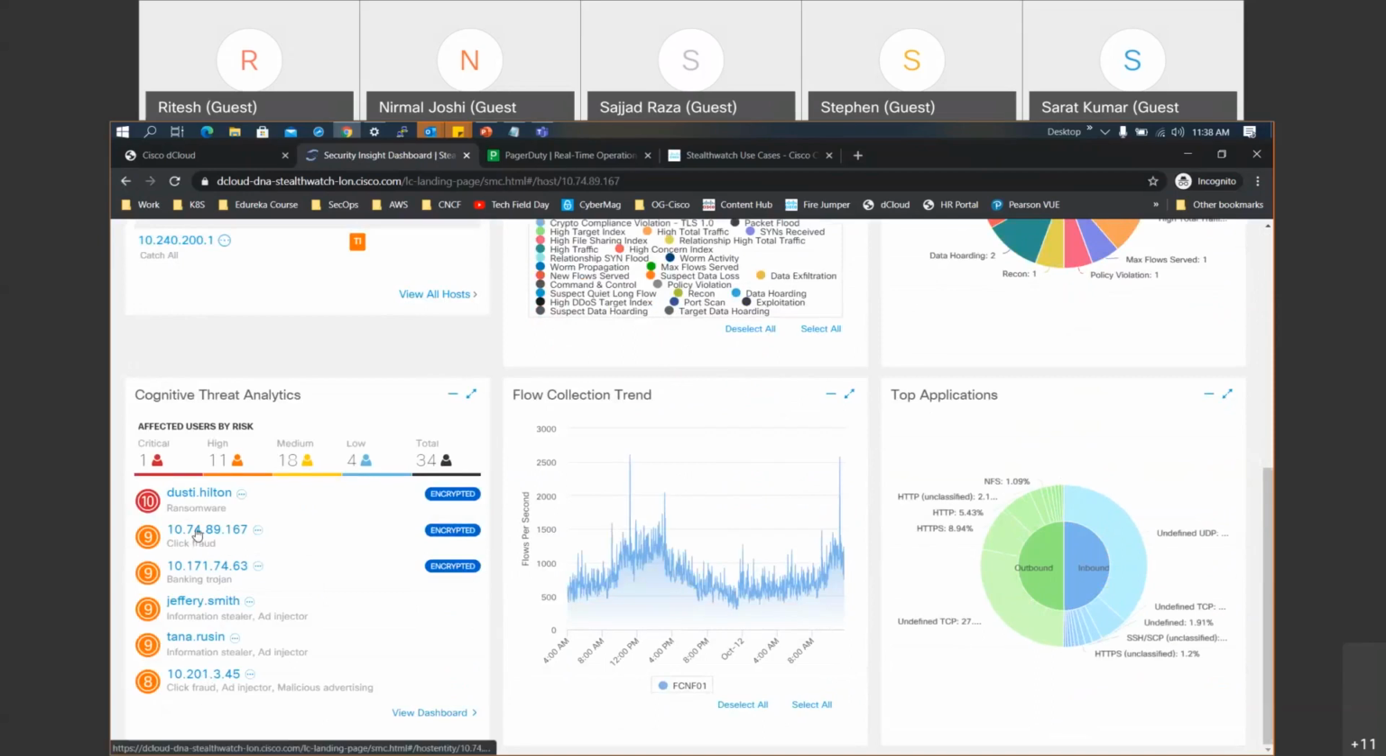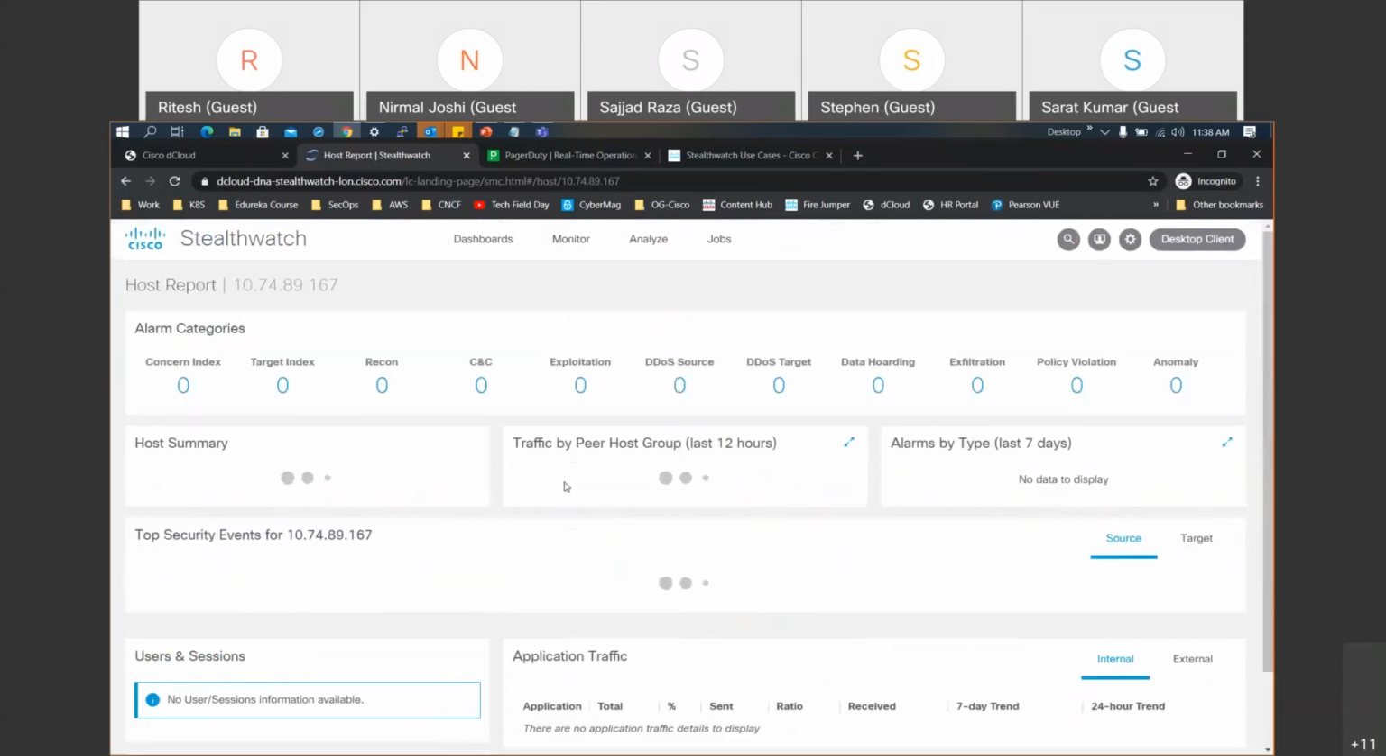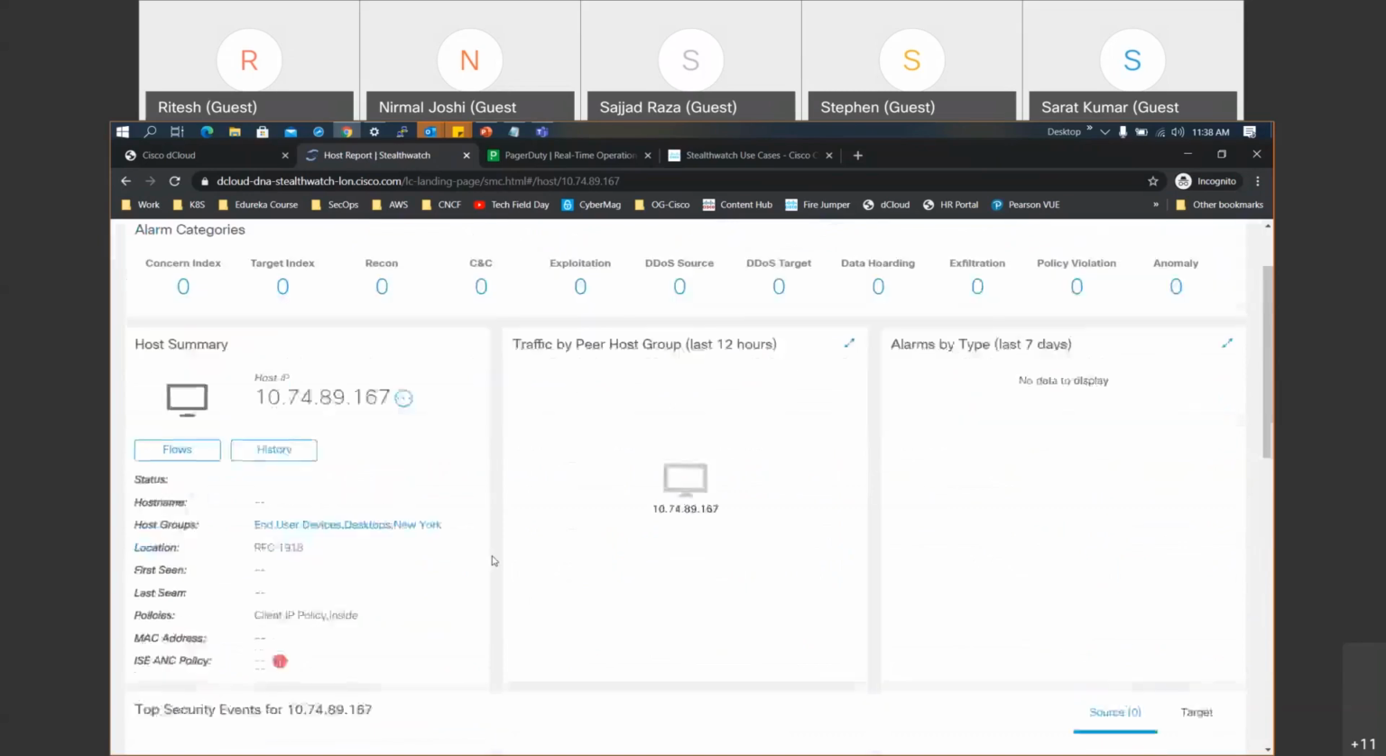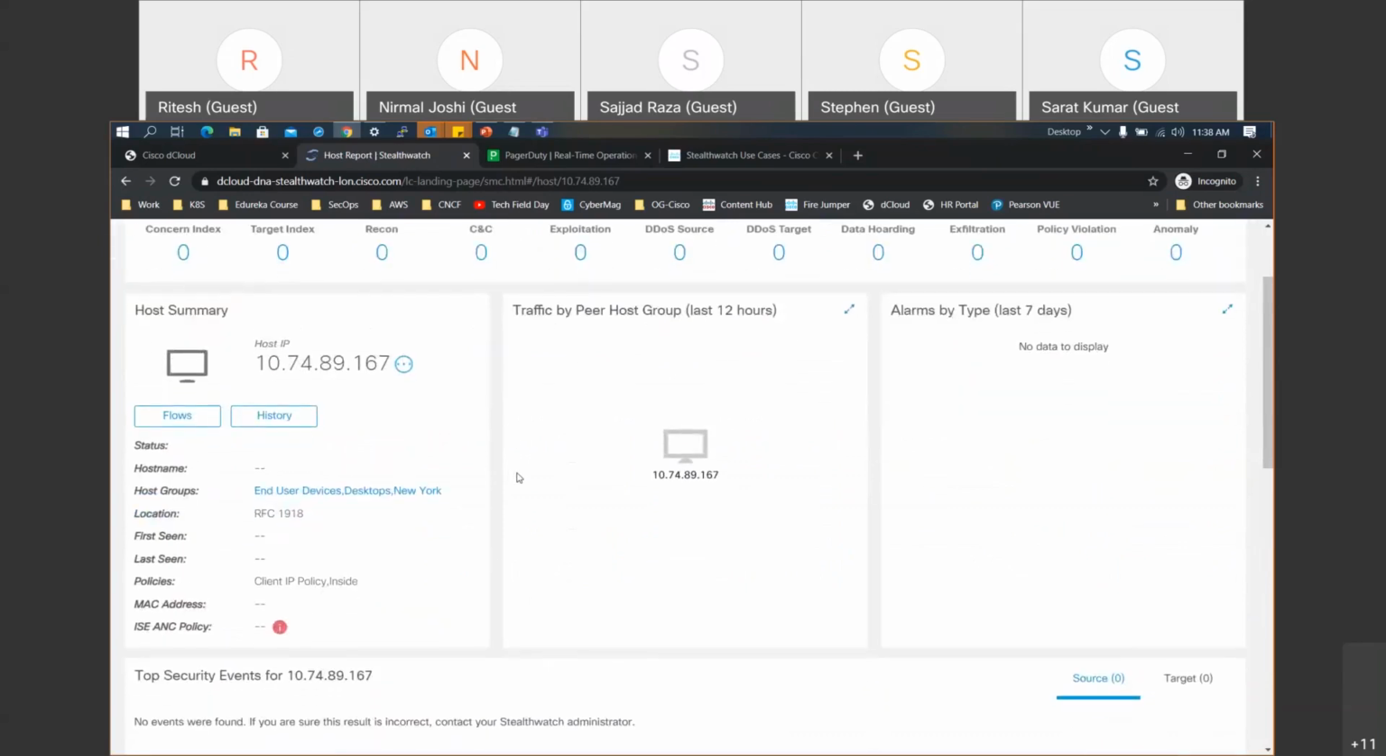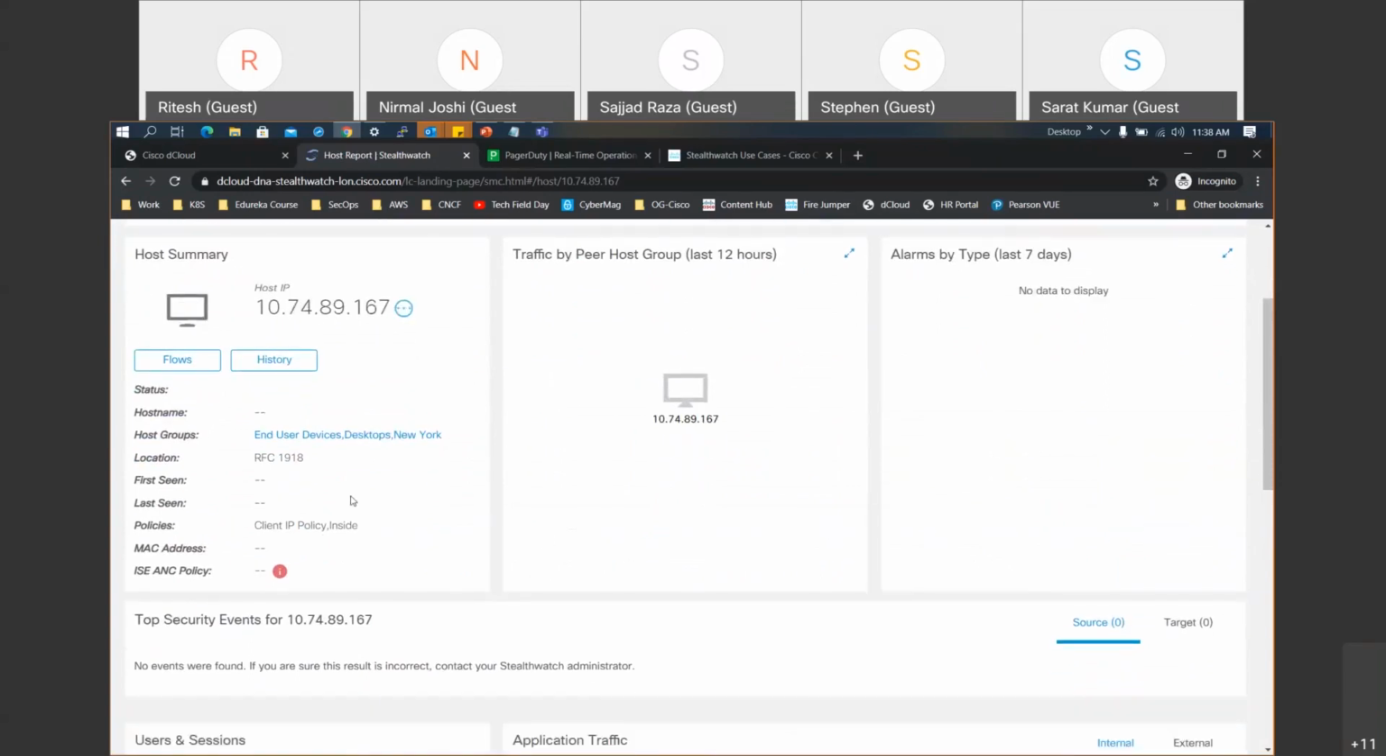Which is click fraud. Okay, let me go back here again. And now when I click on this, it will give you a host level view of what's happening from this host to internally inside host or outside hosts. So on this page, you see at the bottom,